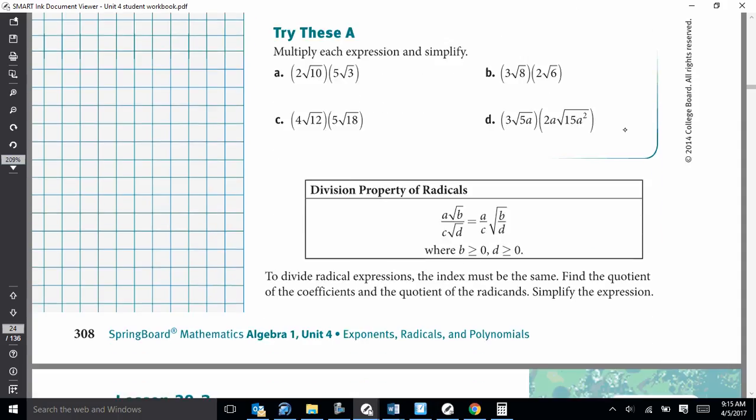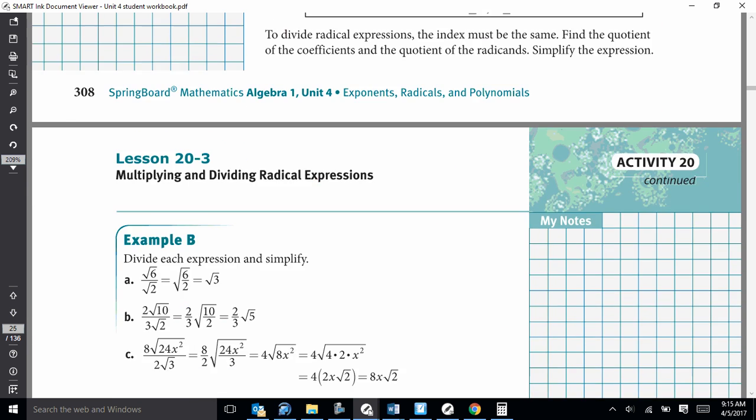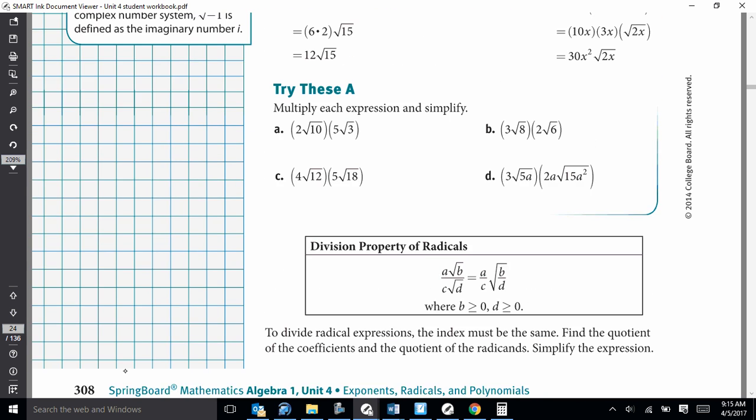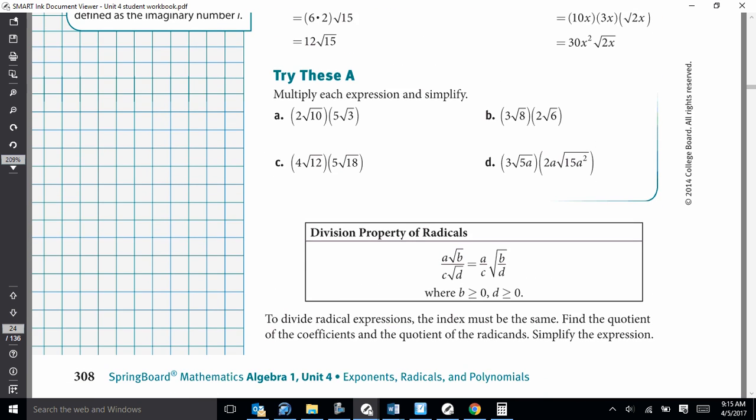Let's come down and do one together. The screen froze, so we'll stop. So looking at, we're not going to stop. I'm going to move to the sideboard. All right, so looking at